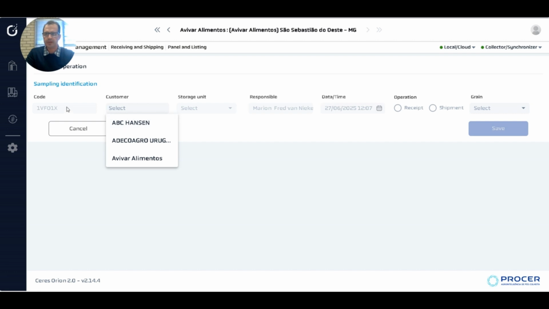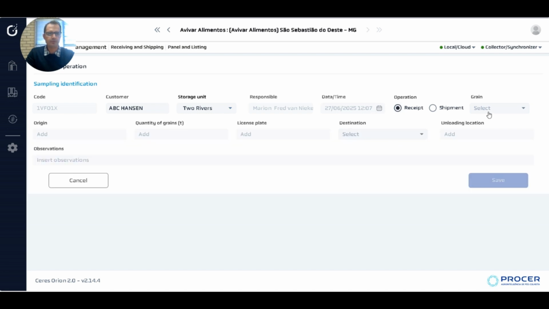There would be pre-set up what the customer is, the storage unit, which one we have access to on this system, and who is responsible. That would be me because I am logged in on the system. The date and time would be now, so that is all fixed. We say we have received grain. What type of grain? Again, this is the Spanish one, so we'll say we have received